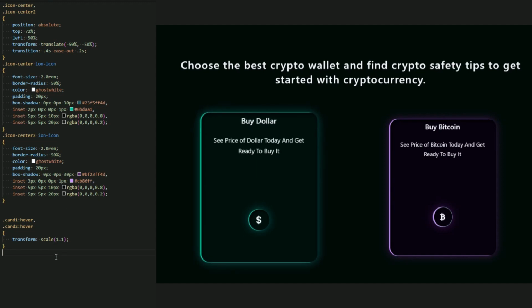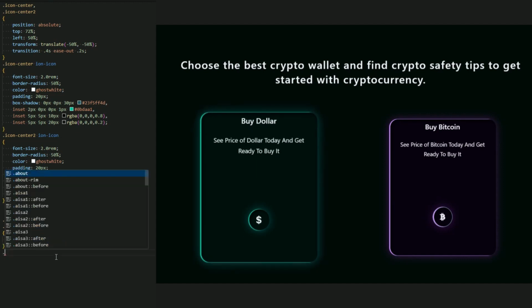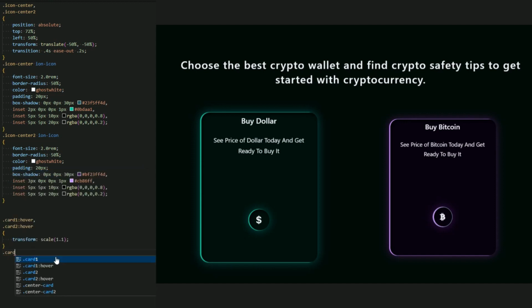Okay, now for the center card that we have, the center card 1 hover, I'm sorry, the center card hover that has inside it the center card, copy and paste it. Okay, yep, let this be 1 and this be 2. There we go. Now the top be 63%, set the width 95% and the height 95%.